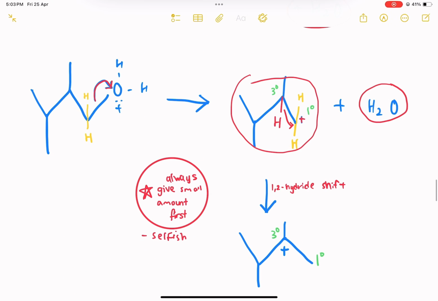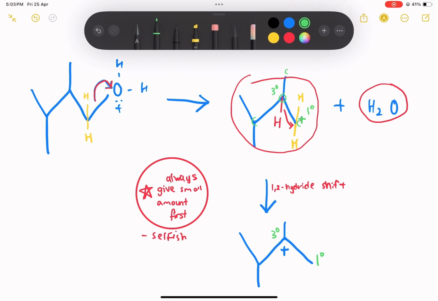Now, looking back at the example just now, when we have a carbocation, and you see this one is only primary, we must consider rearrangement by looking at the adjacent carbon. For this case, it only has one adjacent carbon, which is this one, and this is attached to 3 C. So this one is a tertiary carbon with one H attached to it. So there will be a 1,2 hydride shift